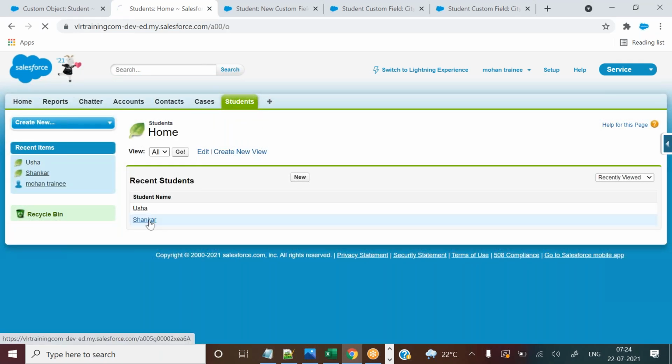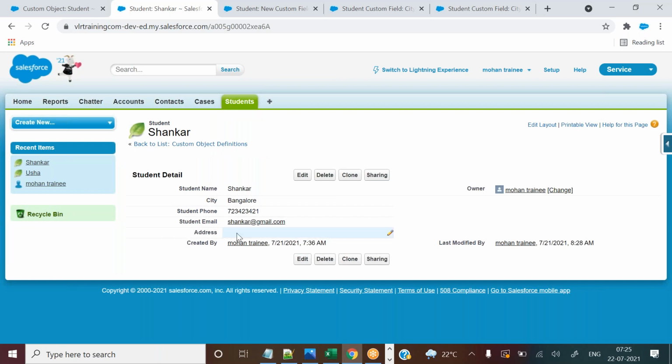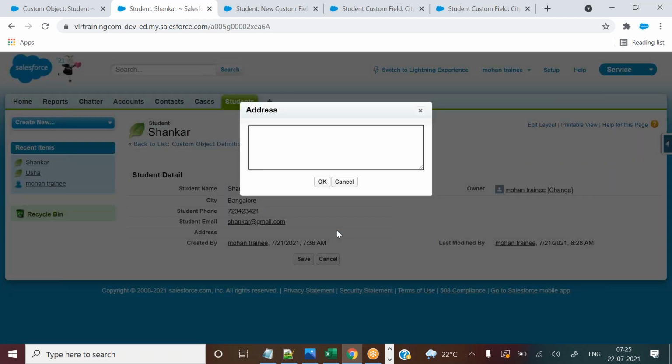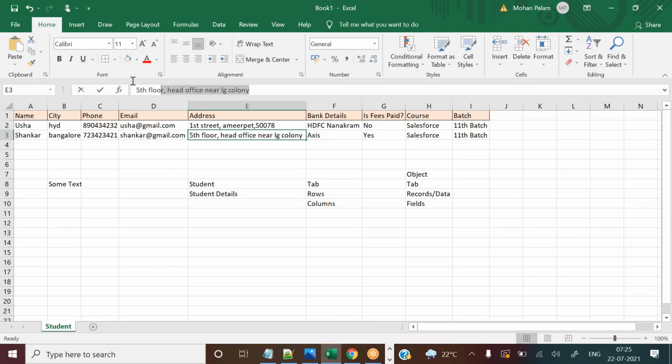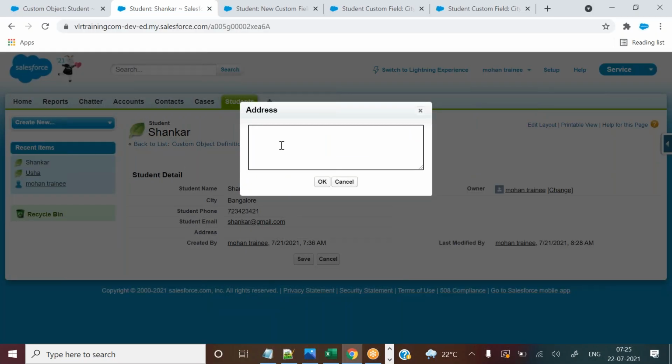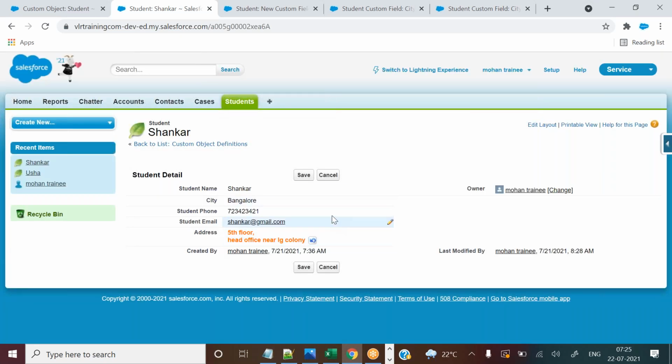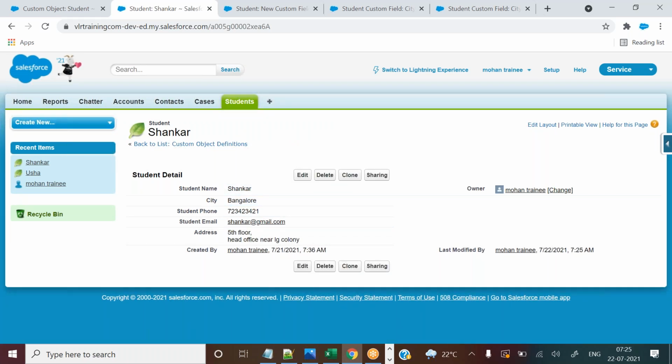As of now, if you want to enter data, you are using the edit button, right? Now you can see one more new thing. Have you seen the pencil mark? That means you can edit this one. Double click on this one, so you can enter like this also. Go to Shankar and copy his details. Once you click OK, you need to click on the save button, remember. This is called inline editing.